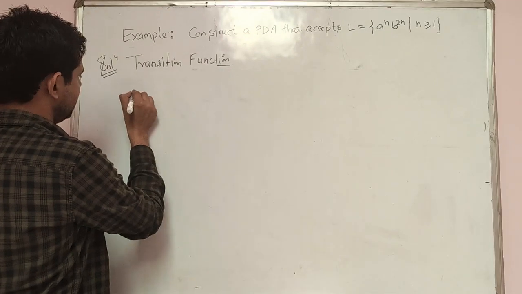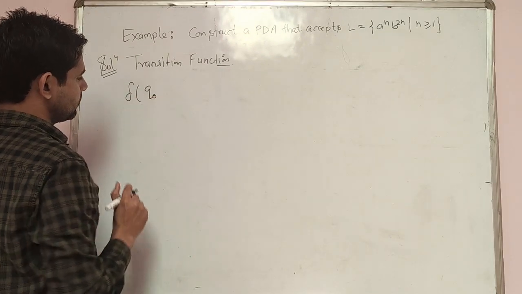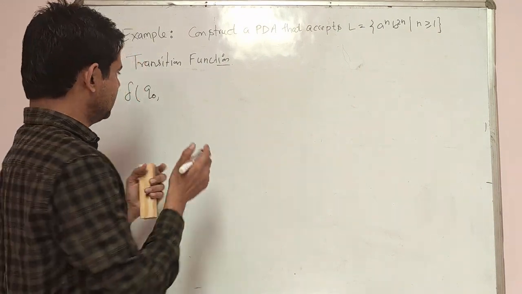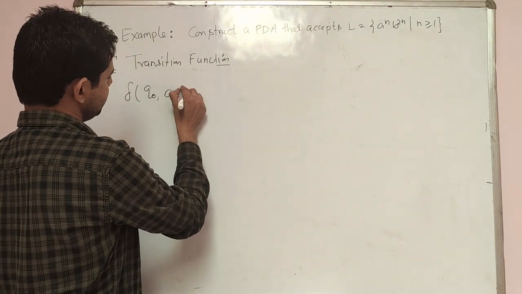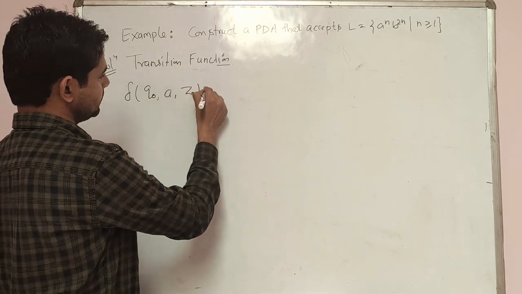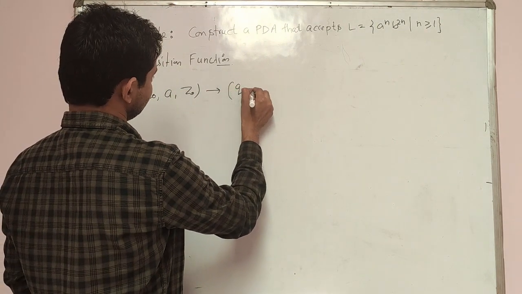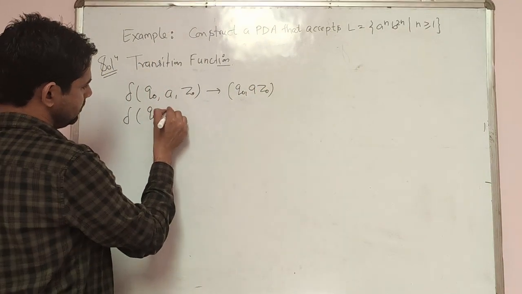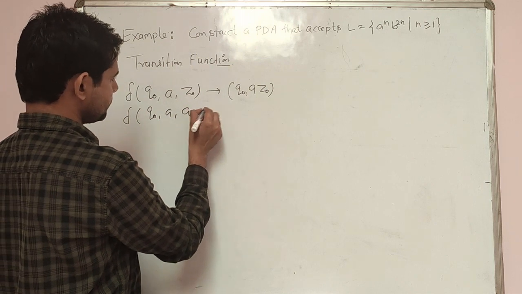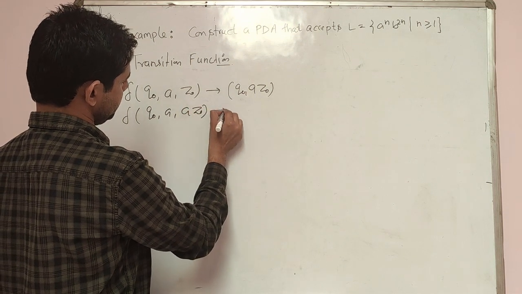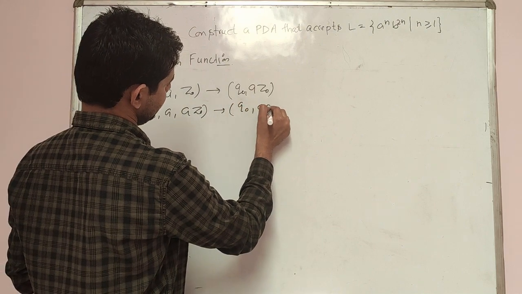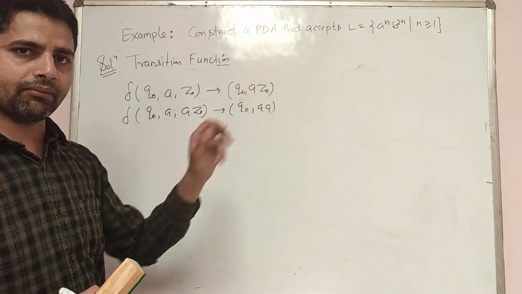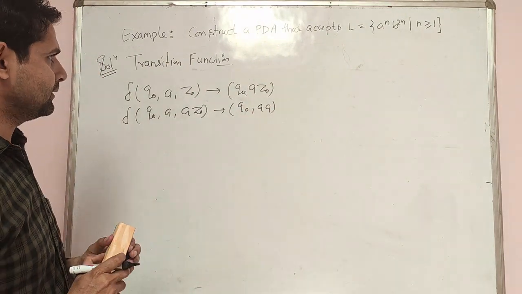Okay. Then we will always start with Q naught. Q naught is our initial state. What we will do first is store any number of A's in the stack. So first we are adding the first A in the stack, staying on the same state: A Z naught. Similarly, we add more A's: A, A Z naught. Then we are on Q naught A. So by using these two transition functions, we can add n number of A's in the stack.